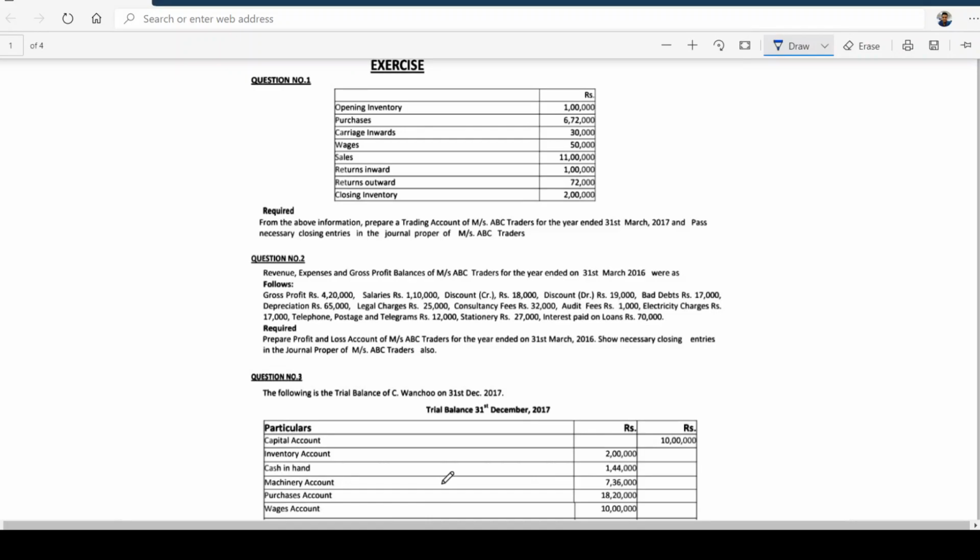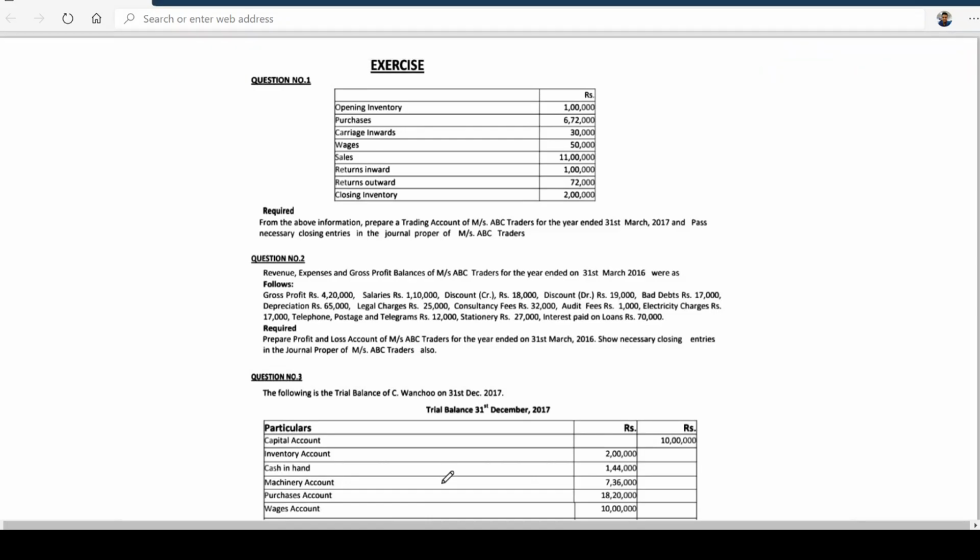Well, this is my third lecture. Last class we had a discussion on how to prepare trading account, and also we have seen the format of profit and loss account. In today's class, we'll be working out the problems of trading and P&L account. The emphasis is without adjustments. So you should feel comfortable looking at the format. I think by looking at the ledger balances and where they go, if you work out one or two problems it would be easy.